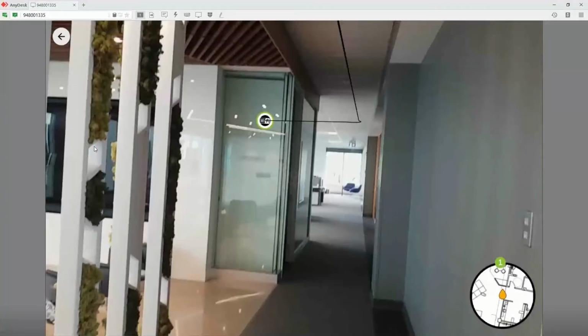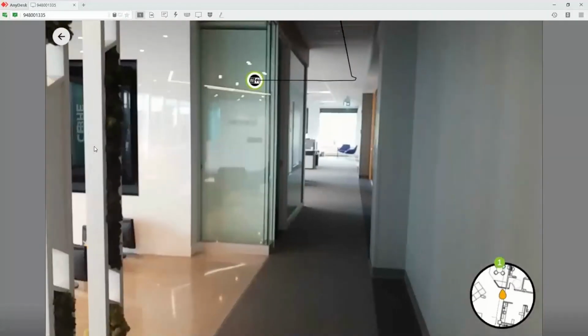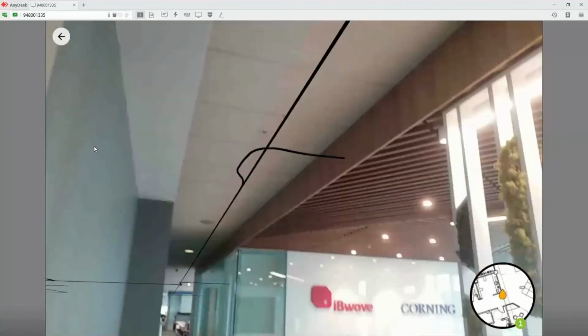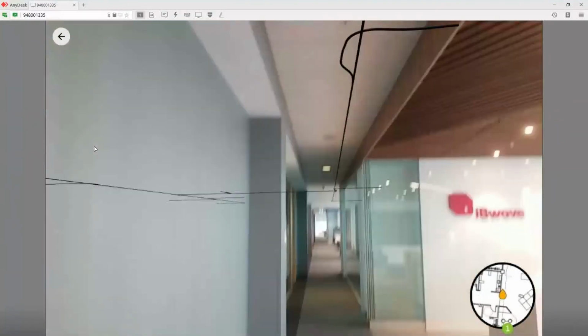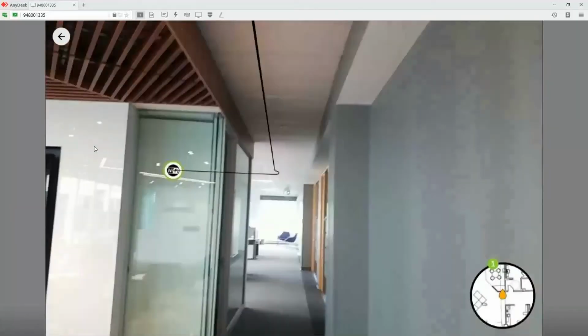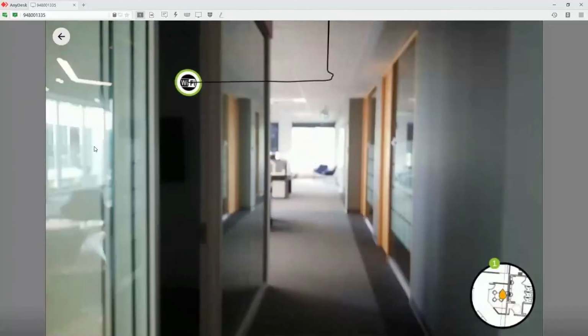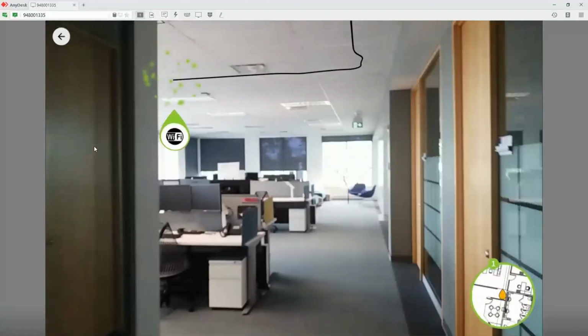And then we can see where our AP is located. We also see the cabling that goes from the AP to all the other APs in our design. So we can pan around and see the cabling. Now we can also locate the AP in the bottom right using the navigation bubble. So I'm making my way here to our AP,